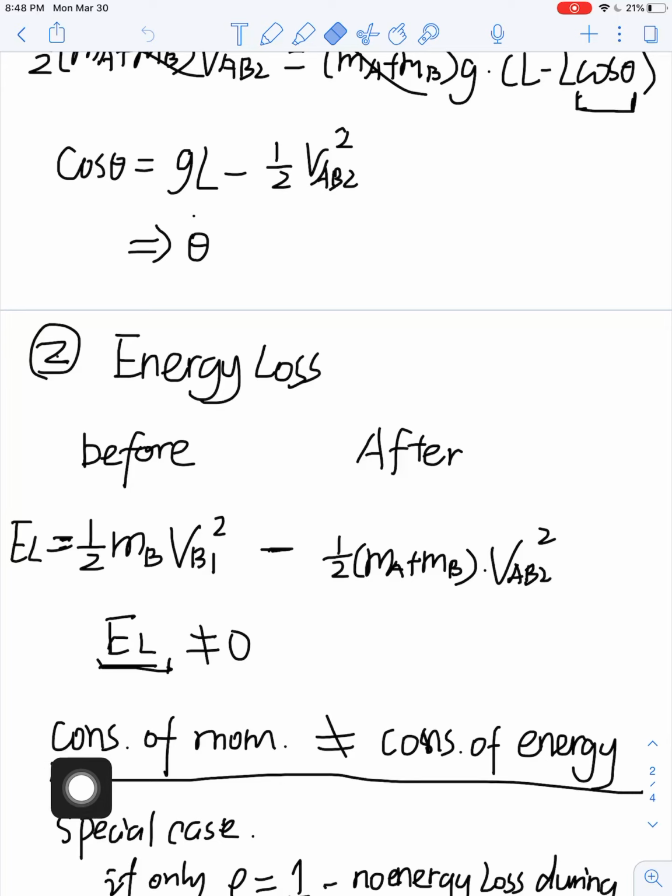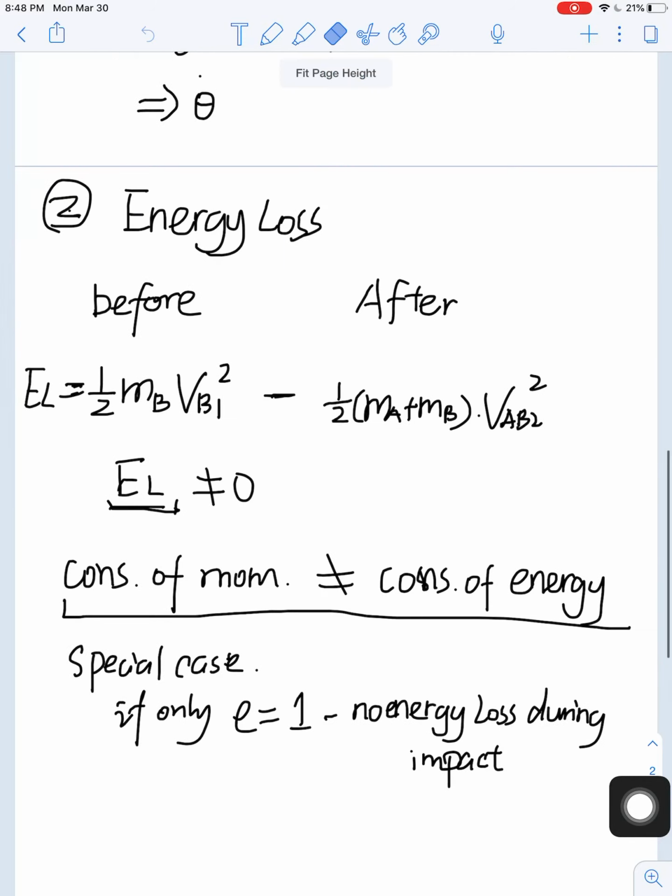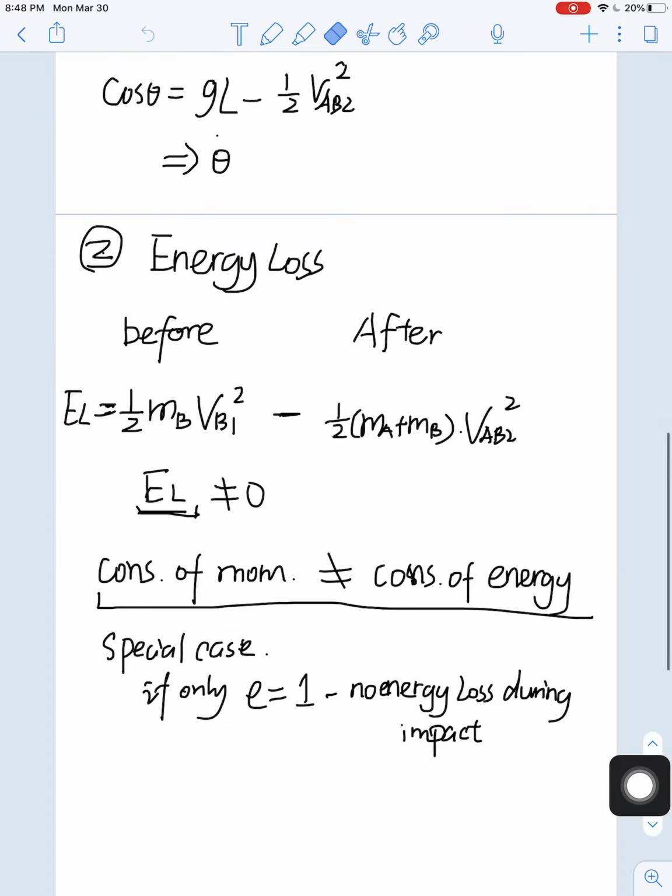And that tells you a very important conclusion: the conservation of momentum does not mean the conservation of energy. The special case is only if your e equals 1, that implies no energy loss during impact. Alright, this is